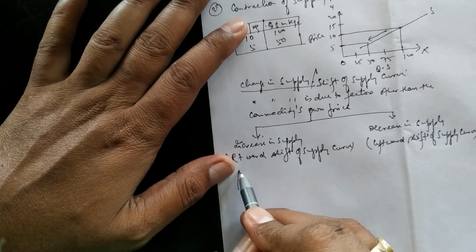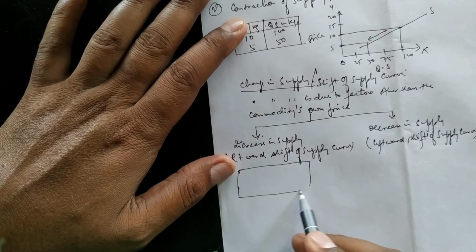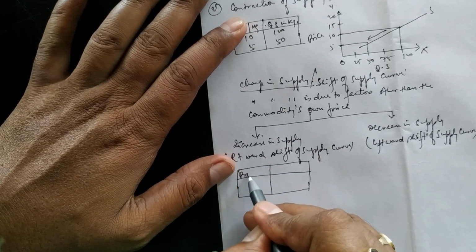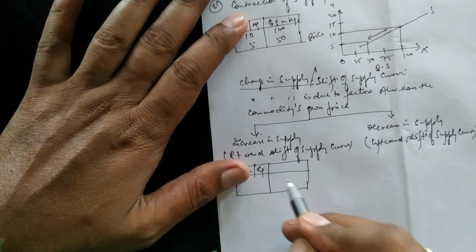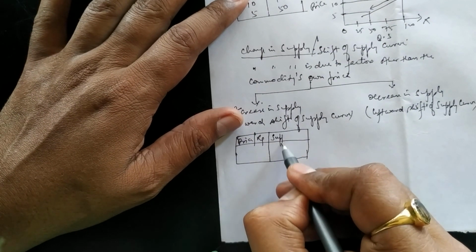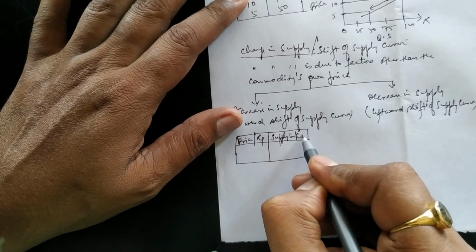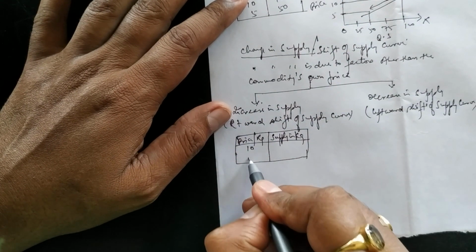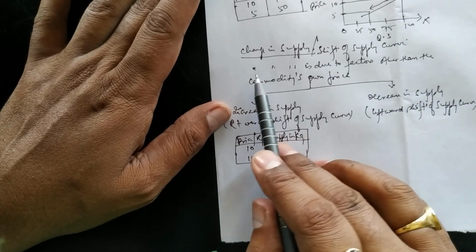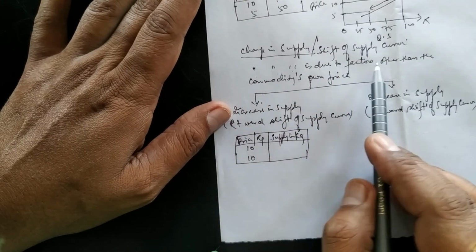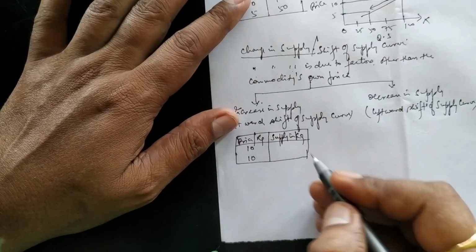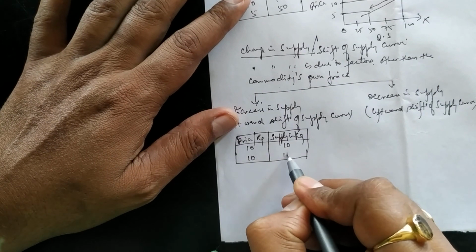Now, increase in supply. See this again, because this will help you to understand very easily. Price per kg and this one supply in kg. Clear? But I said price will not change. Just now I said in the definition that change in supply is due to factors other than the commodity's own price. Price is 10, the price is the same. Other things change. Now it was 10, it became 15.